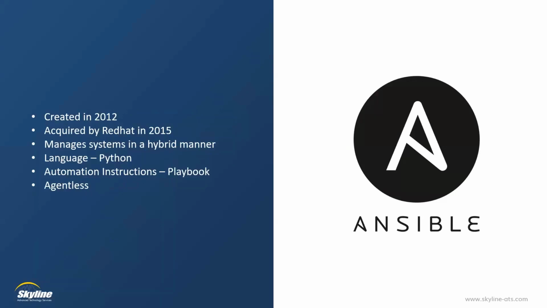So I don't have to have anything on my network devices for this to work. It's basically known as a push model. The master will push these configuration changes out to the network devices. Whereas Puppet, which we just talked about, is more of a pull model. In other words, the agent is pulling the configuration from the master. Those are really the two configuration management tools you will run into most out there.